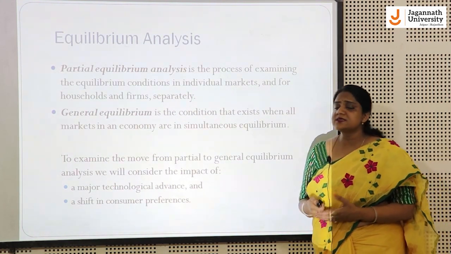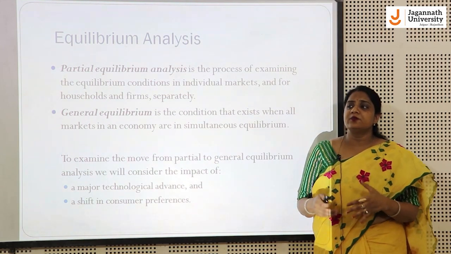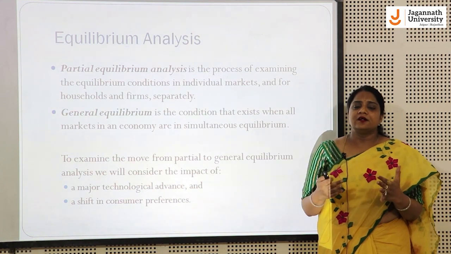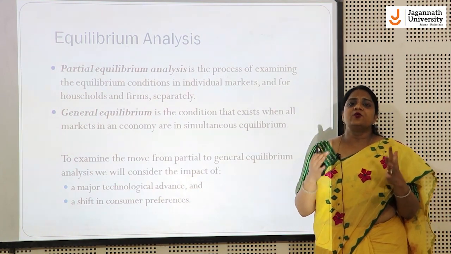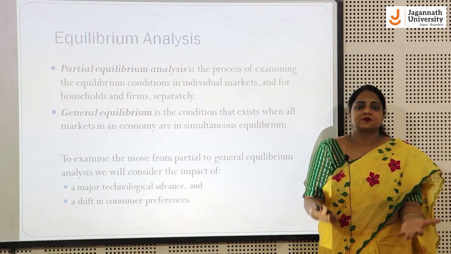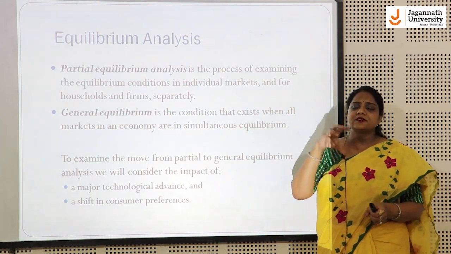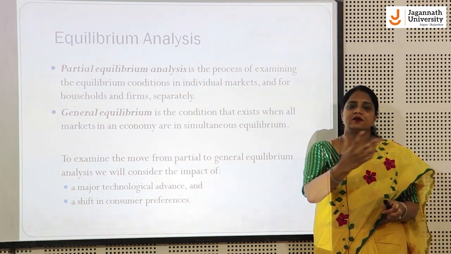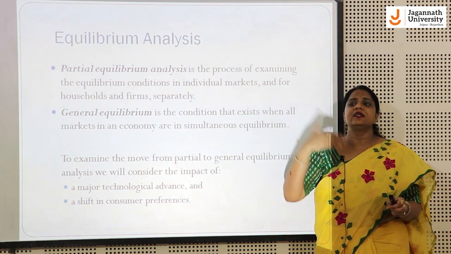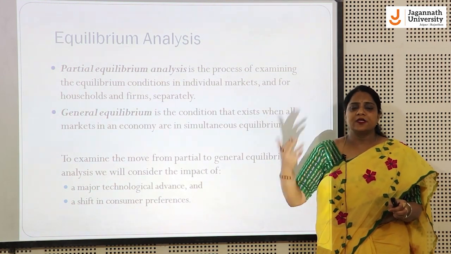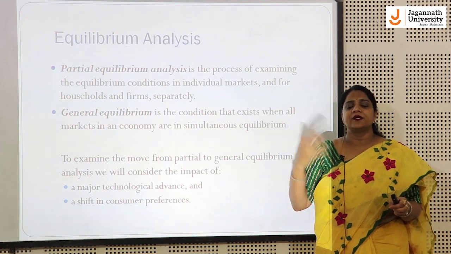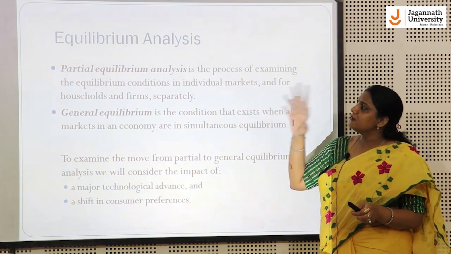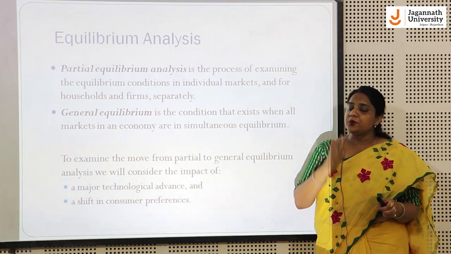Next, equilibrium analysis. So in economics, we do equilibrium analysis. Now, first we will try to understand what is equilibrium. Equilibrium is a kind of situation where basically you want to be. So from the firm's perspective, a firm is in equilibrium when they are utilizing their resources in a manner that they are satisfied with the level of output, with the level of revenues, with the level of the sales, with the level of the production capacities they are having, right. So that is a kind of a situation where a firm wants to be and